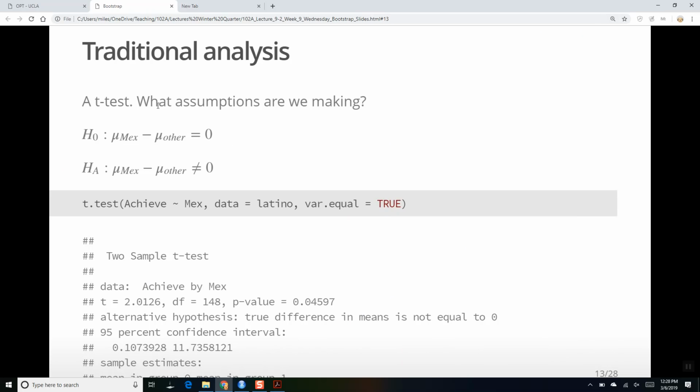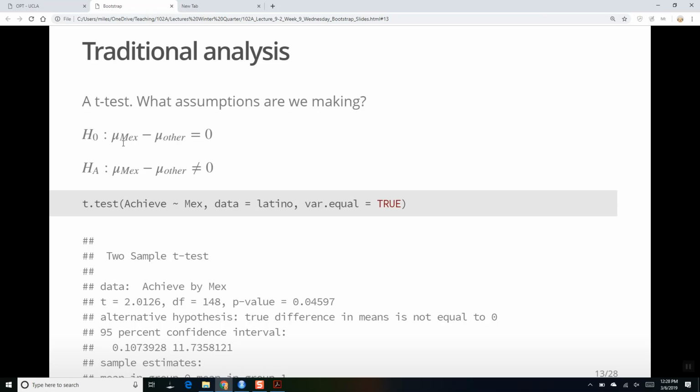Okay. So the traditional analysis is we're going to make a t-test. And when you do a t-test, what kind of assumptions are you making? Normal, but we don't know standard deviation. Okay, we're going to assume that the sampling distribution is normal, but we don't know the standard deviation. And if we do a two-sample t-test, one of the other assumptions is that the two populations have equal variances. Okay, you can do a Welch test, which does not make this assumption,